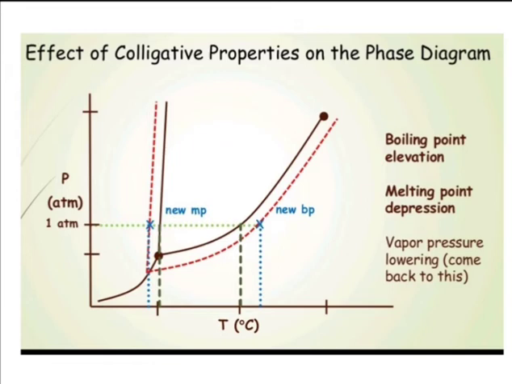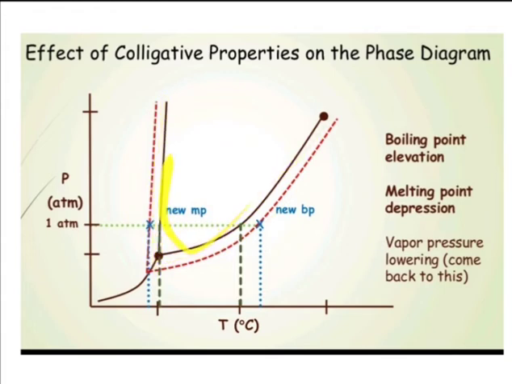So a decrease in temperature is observed in the freezing point or the freezing point depression. So this is the initial condition and that will be the final condition. So this is the lowering or the depression of the freezing point. So simply all three colligative properties are seen here. This red line shows the lowering of vapor pressure.